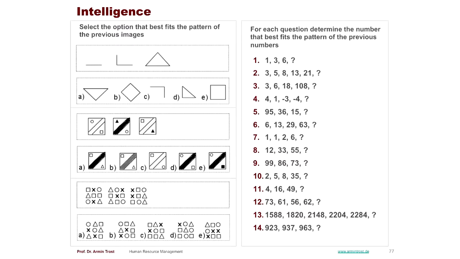3, 5, 8, 13, 21. Now you have to create again a theory. You have to play around in your mind, apply different theories based on the existing numbers. And from there, if you find that this theory is valid, at least for the existing numbers, you apply this theory for the next number, which is what theory? 2 plus 3 equals 5, so you add 5.